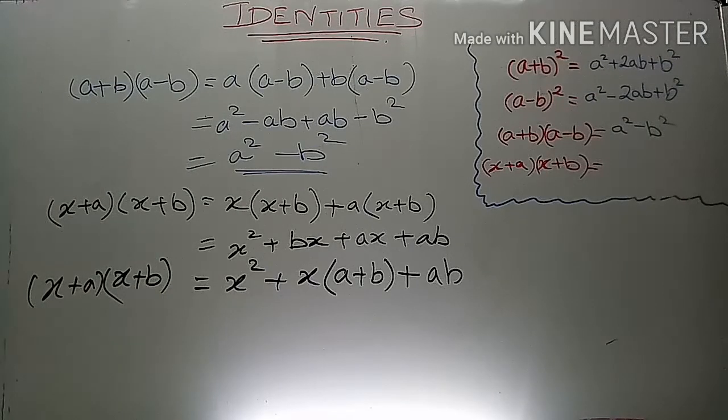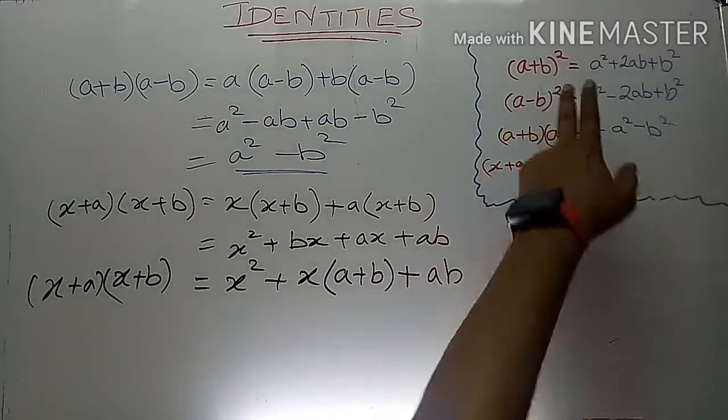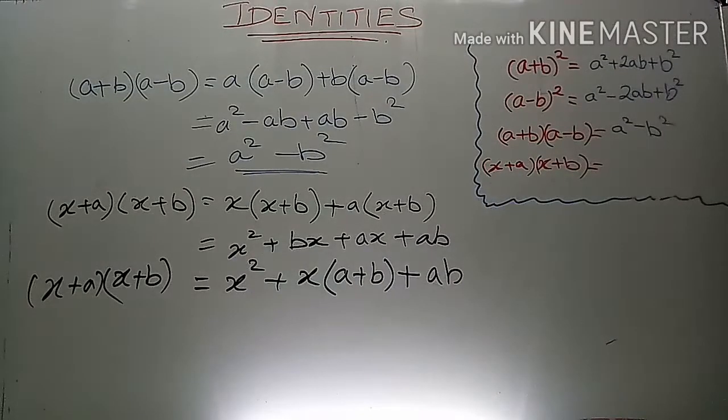Now we will be having different cases in this. For example, you may have both the second terms to be the same. If both the second terms are the same, the formula will be similar to a plus b the whole square. So you will have x square plus 2ax plus a square. So this is your task, to solve different cases